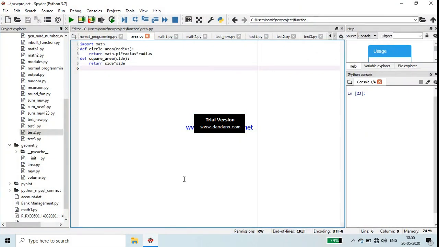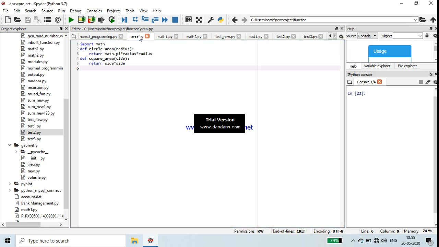Today we are going to study about module. What is a module? First of all, we have to understand that a module is a file consisting of Python code that can define functions, classes, and variables related to a particular task. A module allows us to organize our code by grouping related code, which makes the code easier to understand and use. Now see how to create a module.